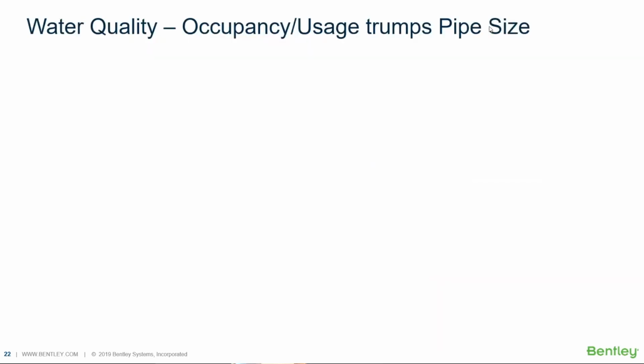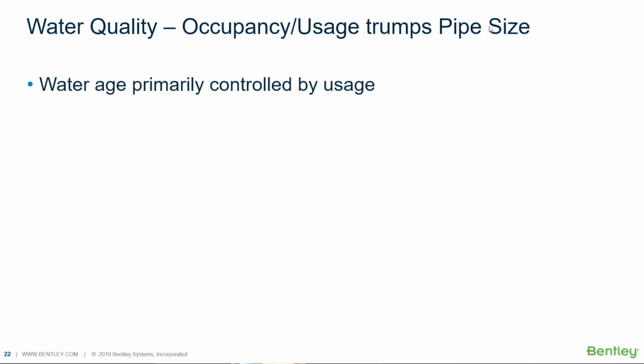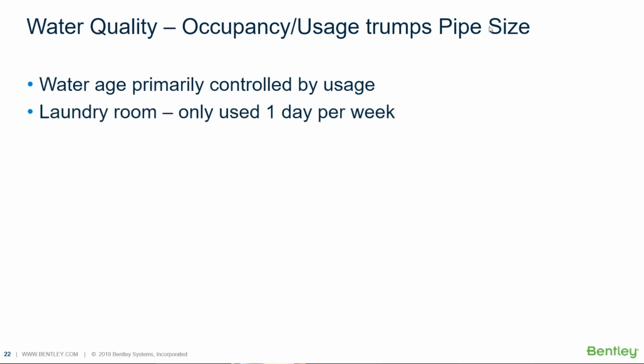Last month's session, we talked about the impact of pipe sizing on water age. But the big thing that affects water age is occupancy. What is going on? How much water is being used? An example I use is the line in my house going to the laundry room. 6 days a week, that water keeps getting older, older, and older. And the day you start the laundry, within a couple of seconds after you turn on the washing machine for the first load, the water's got really good water age.